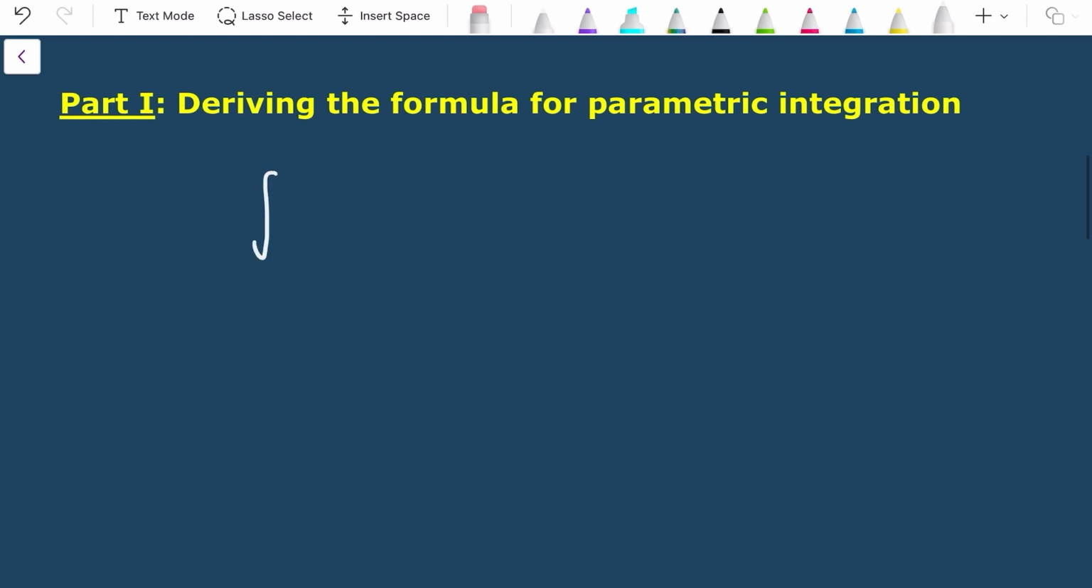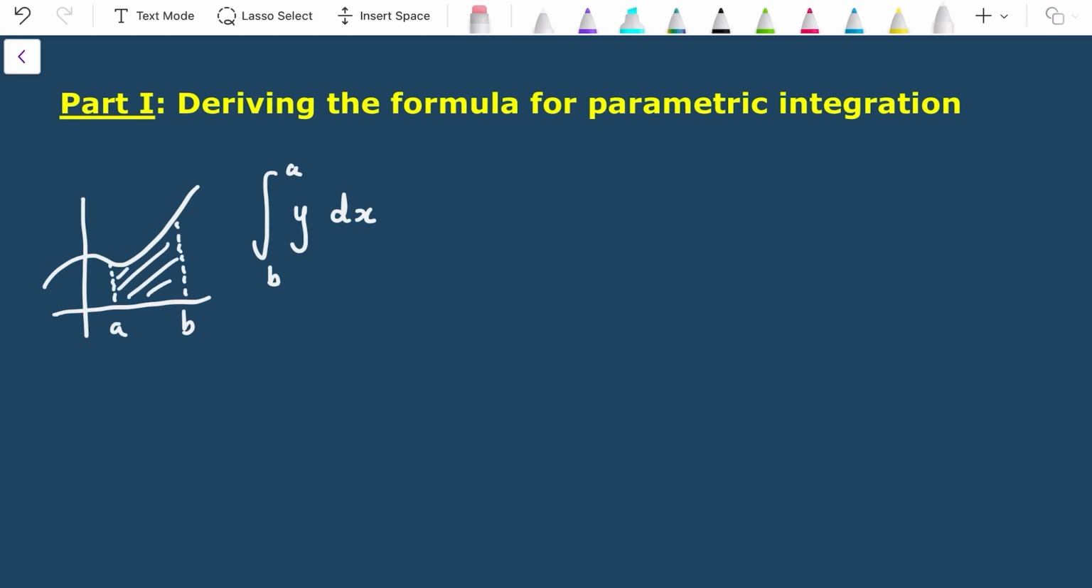We would say, well, we have a function y and we are integrating with respect to x between my upper and lower limit. So if I have this function here, then between a and b, I will integrate in order to find the area under the curve. Now what's different with parametric integration is, well, we're dealing with parametric equations, so we know